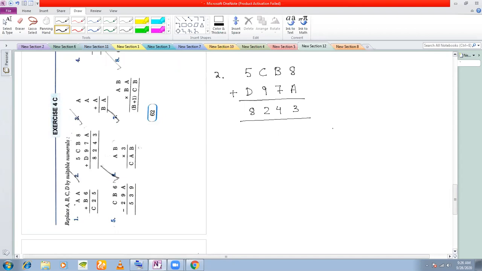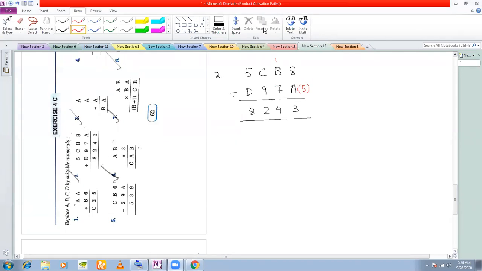So first, you see the first column. How do you add? You add 8 plus A, right? 8 plus A, where A is a digit. If you add 8 plus something, how can it give you 3? There's only one chance, that A is equal to 5. So what I write is, with a pencil, I write 5 here. This is my guess value, okay? This is the value that I'm guessing. So if A is equal to 5, then this becomes 13. 1 should be carry, right? 8 plus 5, 13. Next, I add up 7 plus 1, 8.